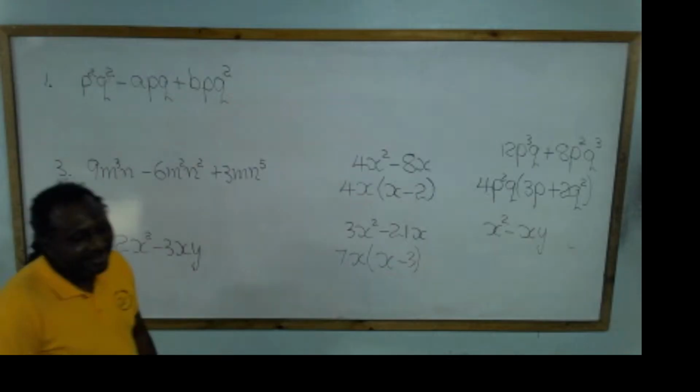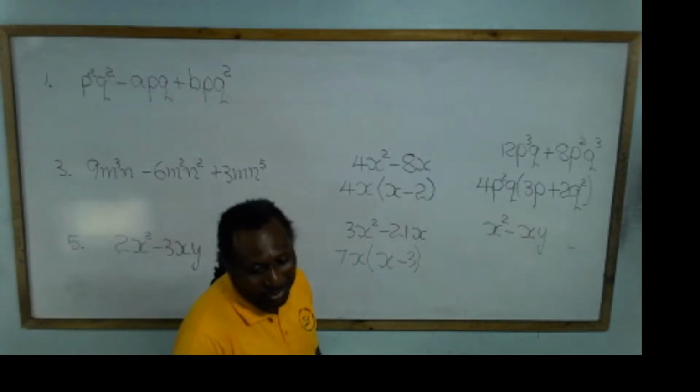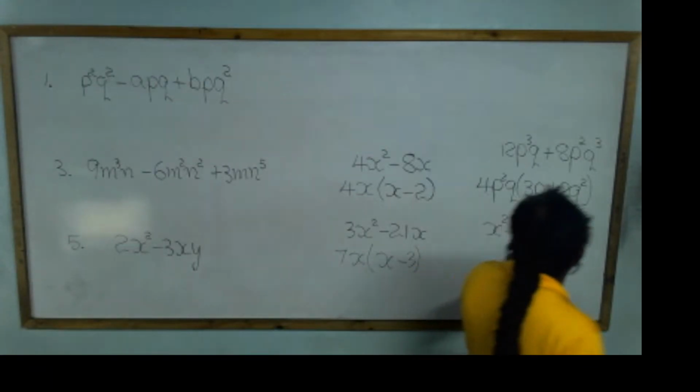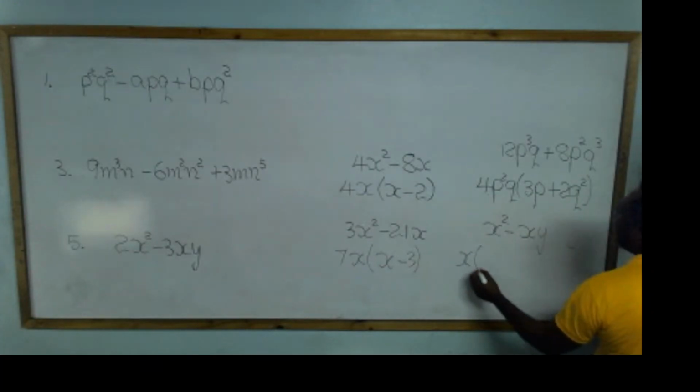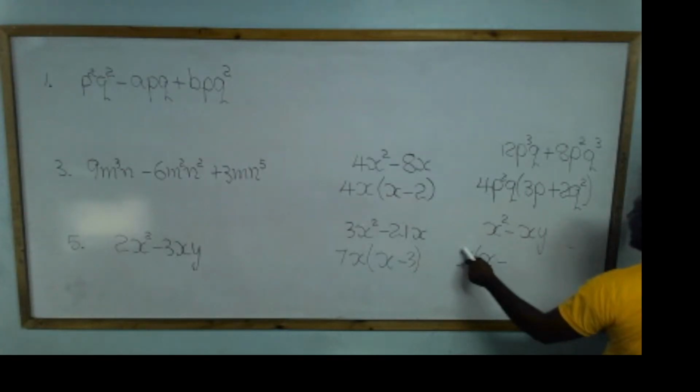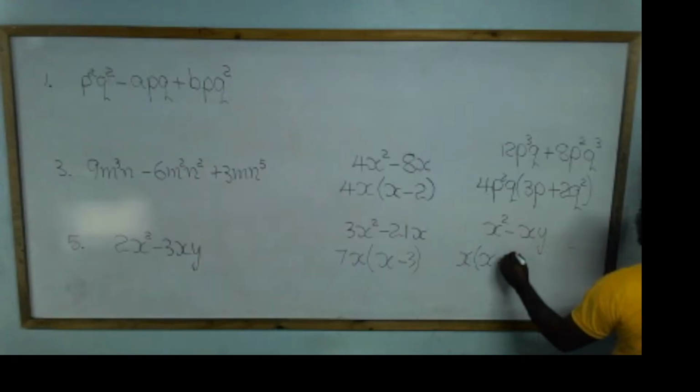Come on. Without much ado, we have x squared minus xy. We take the common factor as x. And then we have what? X into x squared is x. Right here, the x will cancel the x and the y will be left. And that's your